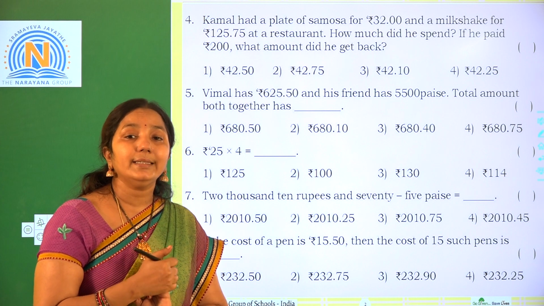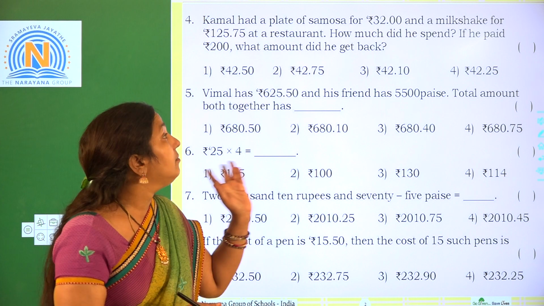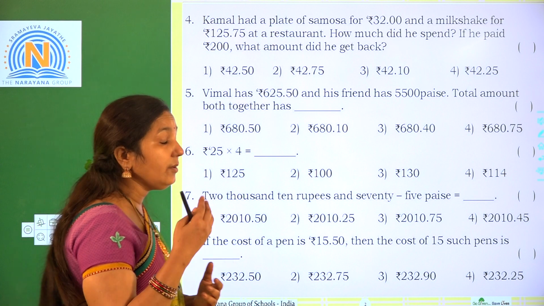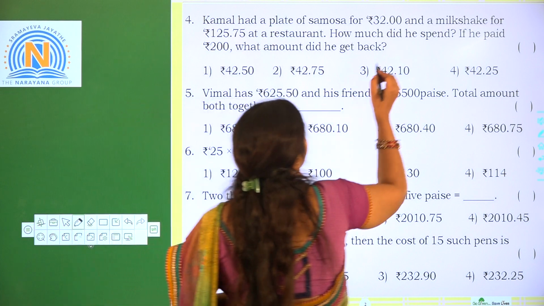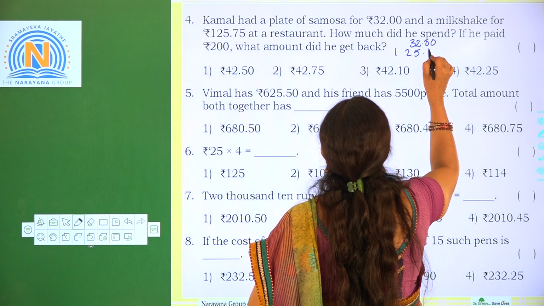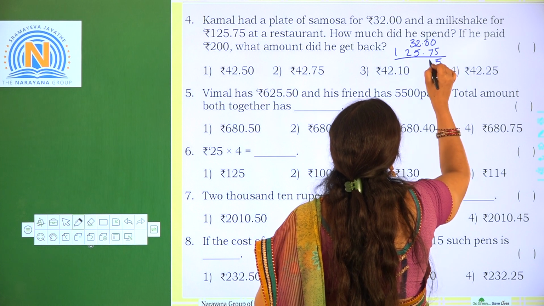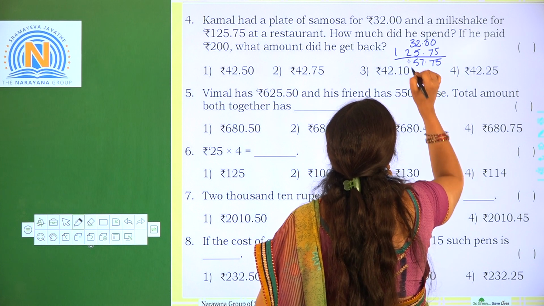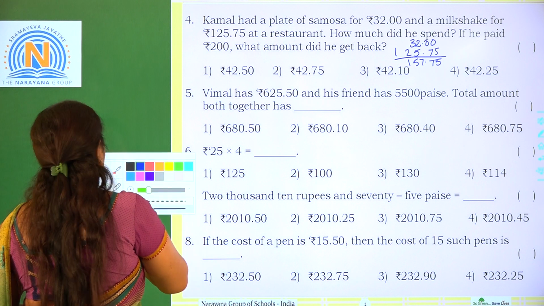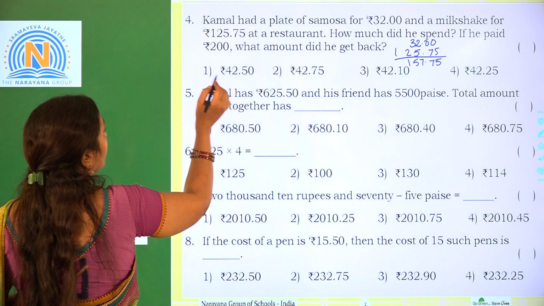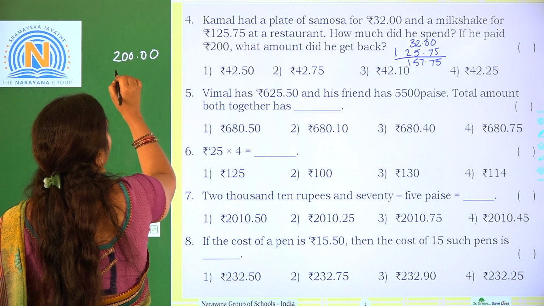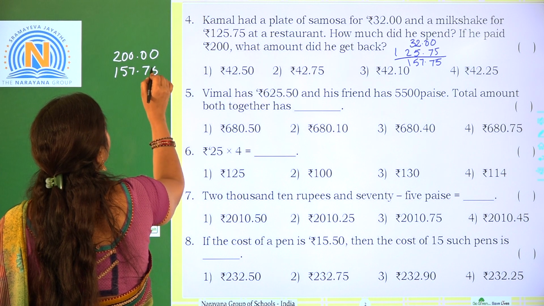So first we have to add how much he spent in the restaurant. Then we have to subtract from the total amount. First add 32 rupees and 125.75. So that is 157.75 he spent. So actually, how much did he give at the restaurant? 200 rupees. He spent 157.75. So